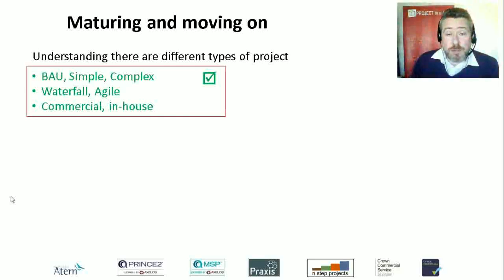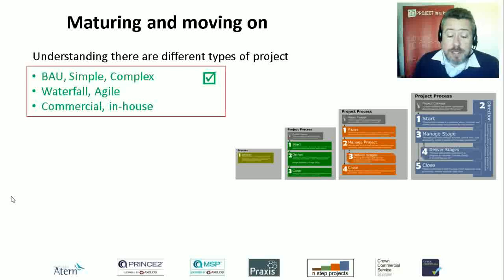So some things, as we talked about earlier, that are still BAU, business as usual, rather than projects, simple small projects, and that's probably what you've dealt with the first time round. Most people tend to start on small projects, cut their teeth, and move up onto complex ones afterwards. And in fact, we have within the tool you've been using, Community Edition, a model that supports that. It's our N-step projects model. We've got one-step projects, which are underneath the conventional smallest project.